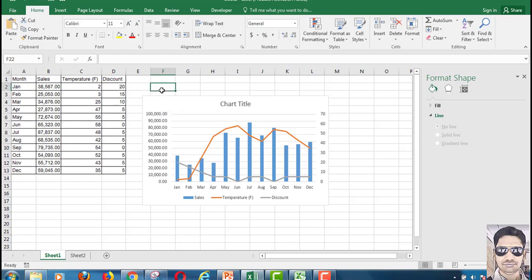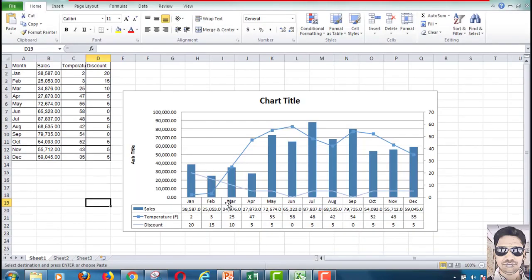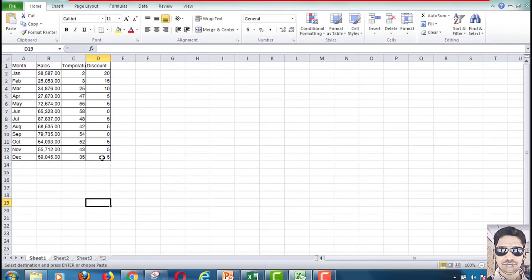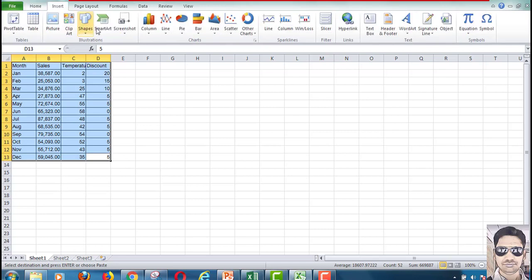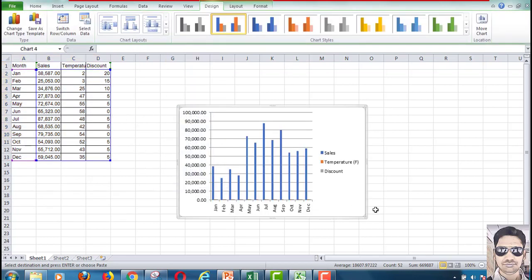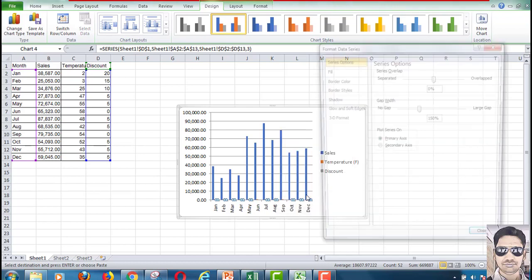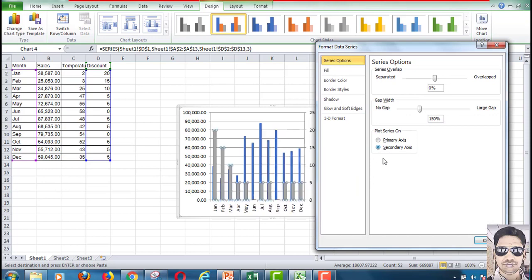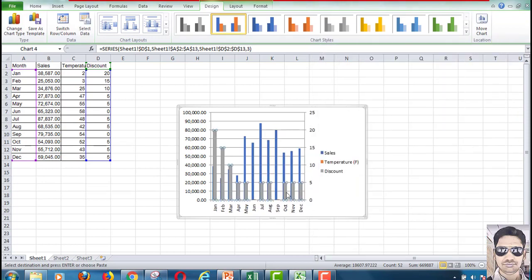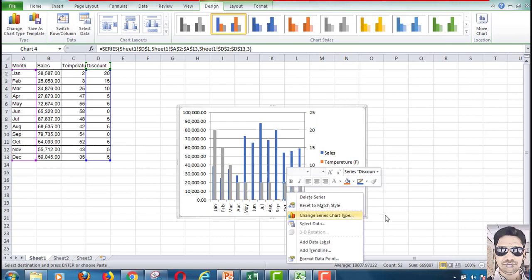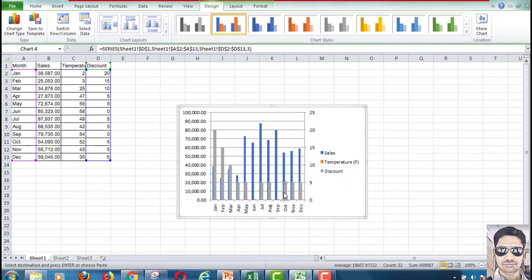In the same manner, let us see how a dual axis chart can be implemented in Excel 2010. The same way, you need to select the data set and click on the column chart. Then select the series which you want to convert into the secondary data series, select those data points, click on Format Data Series and select the secondary axis. Once you have done this, change it to a line chart so the data will be more visible.